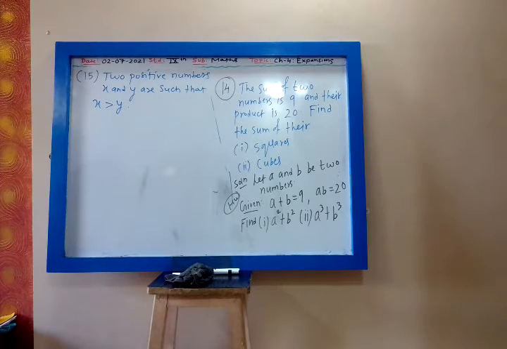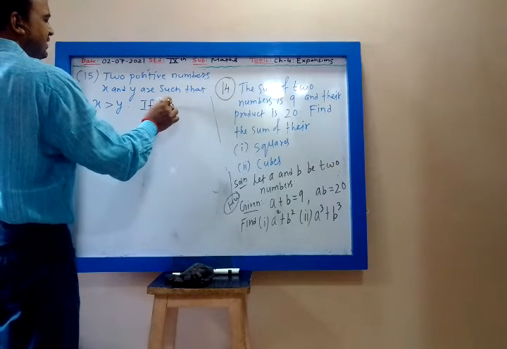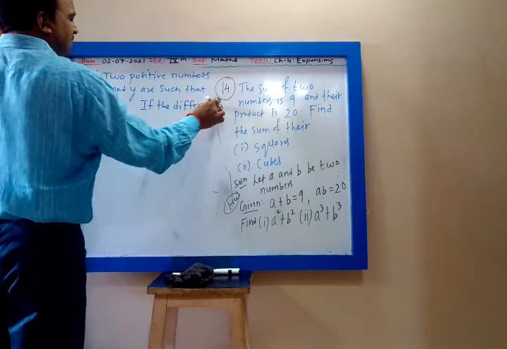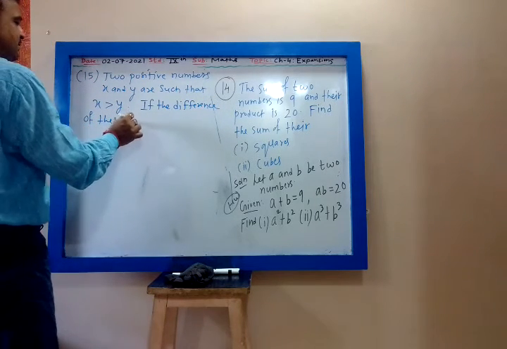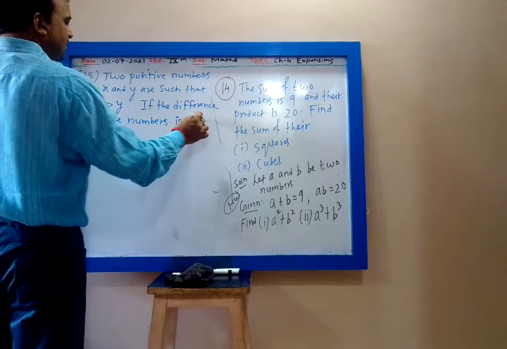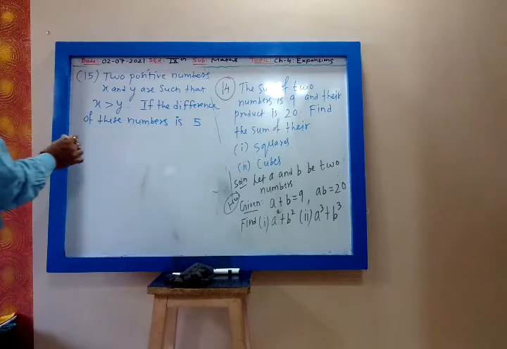If the difference of these numbers, difference means subtraction, is 5, and their product is 24,